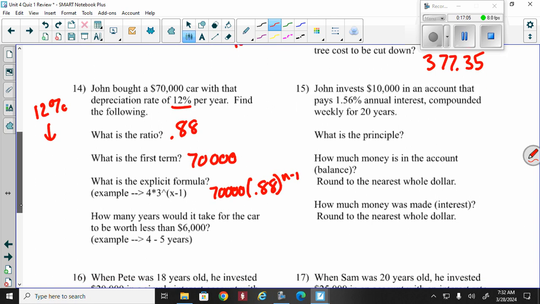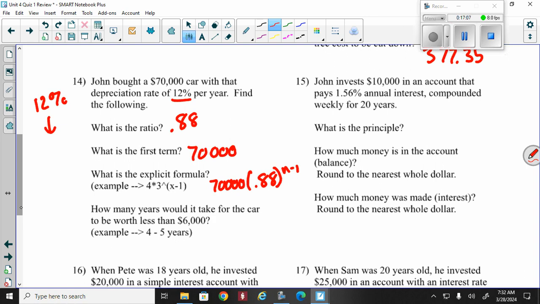All right, so how many years will it take? This is guess and check, okay? How many years will it take for the car to be worth less than 6,000? I am not going to spend time guessing and checking. If you don't know how to do this at this point in time, you need to come and see me individually, okay? The answer, let's see,